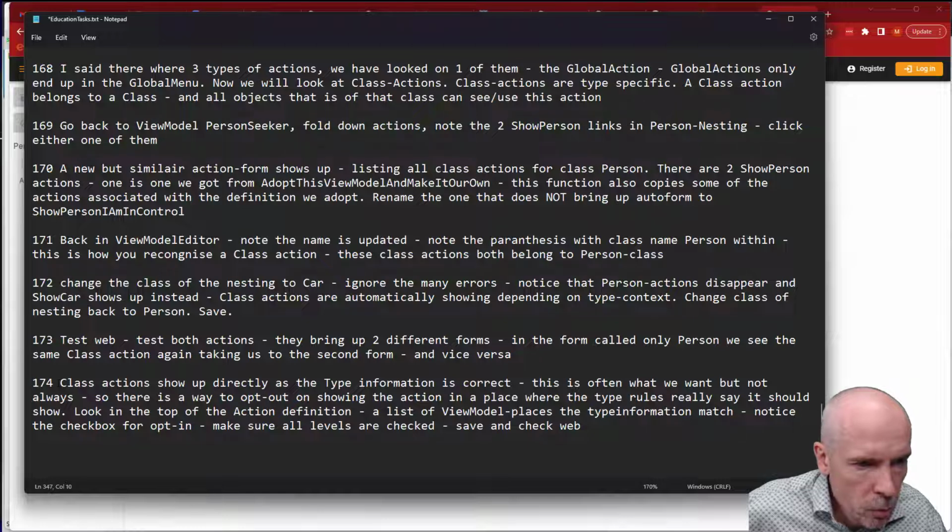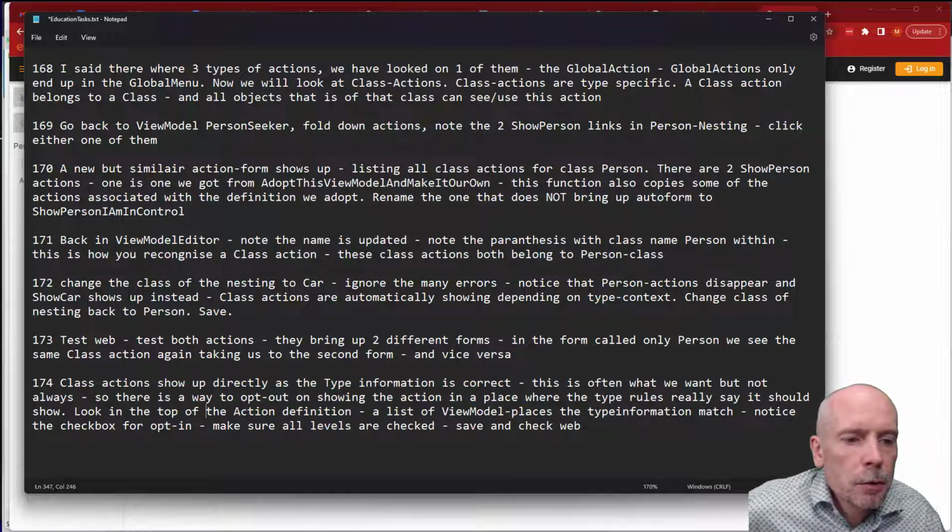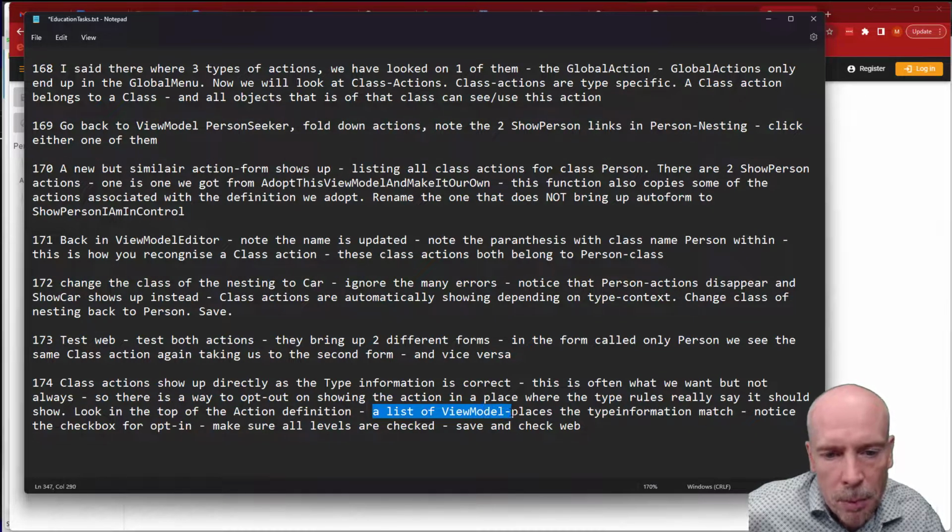So 174. Class actions show up directly as type information is correct. This is often what we want, but not always. So there is a way to opt out on showing the action in a place where the type rules really say it should show. So look in the top of the action definition, a list of view model places the type information match. Notice the checkbox for opt-in. Make sure all levels are checked